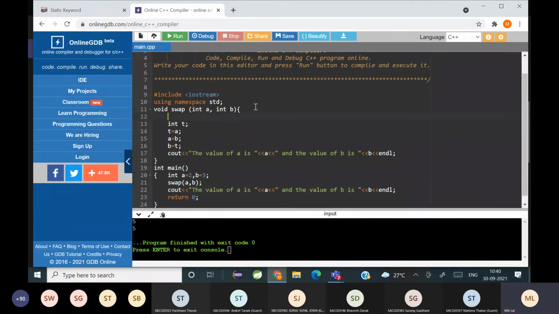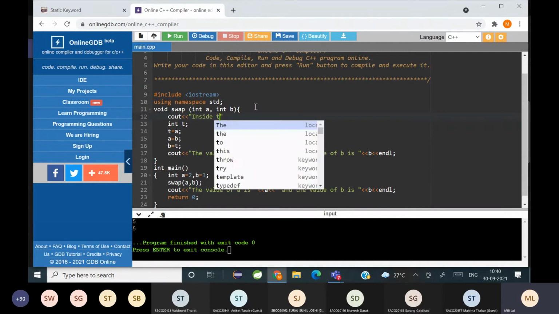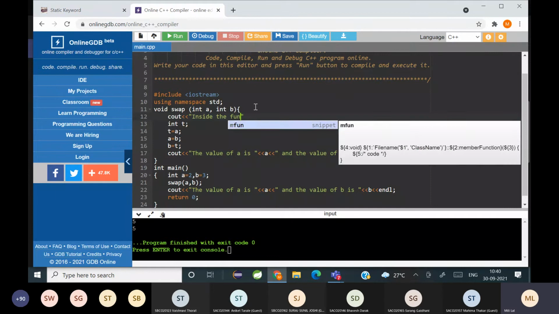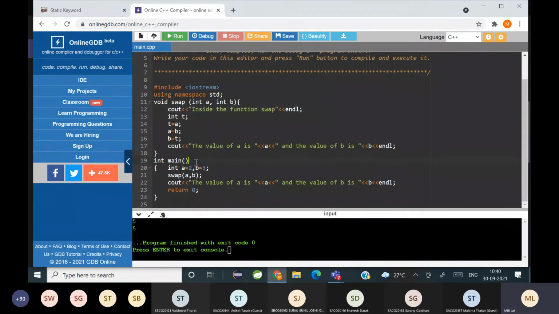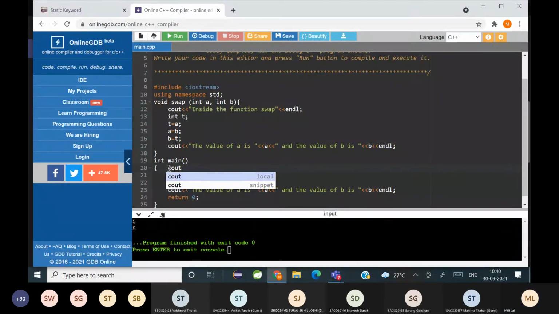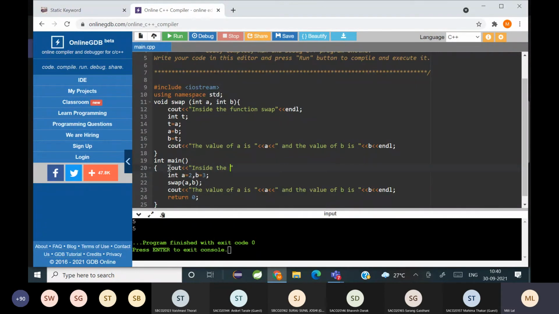Just write a logging statement here inside the function swap, and I'll write a logging statement here inside the main.